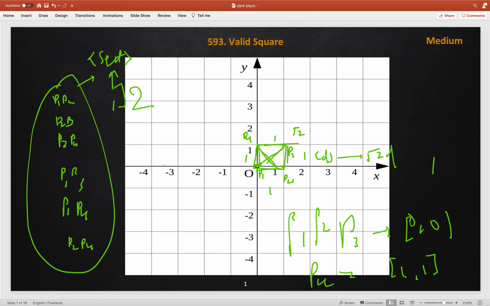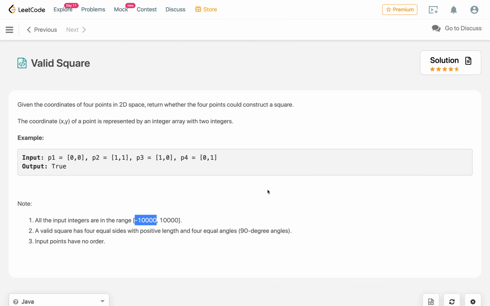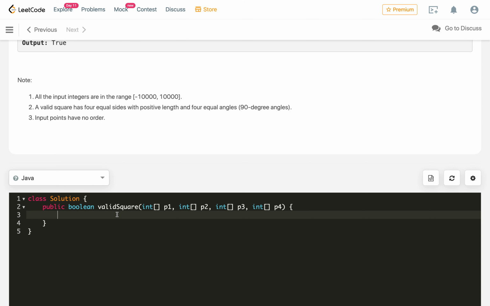So if we calculate all 6, we will get 2 distinct values, one distance is 0 and one distance is 1 squared plus 1 squared. So hence we will have a set of size 2, even though these 4 points do not construct a square. So we need to check that the set does not contain the value 0; in that case it will not form a square. So just pause the video and try to code yourself first.